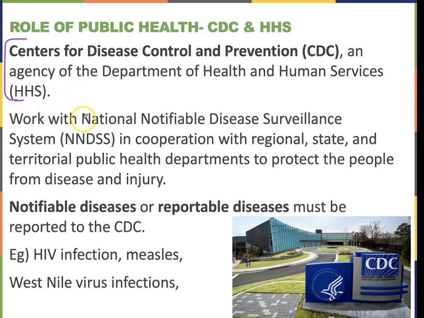But what they do is these government agencies, they'll work with regional and state, smaller territorial public health departments. So every city will have a public health department, and they work with them to keep track of locally what's happening to the people there. Are there any new or emerging diseases? Is there an uptick in a certain disease? So they would all report to the CDC. So the CDC can aggregate the data, right, and produce a snapshot of what's happening in public health.